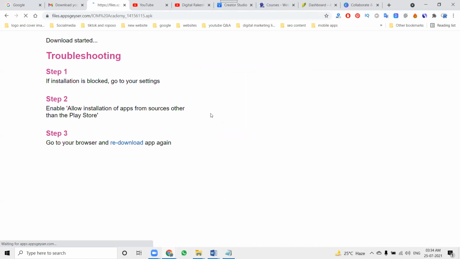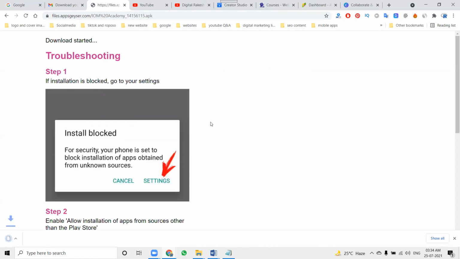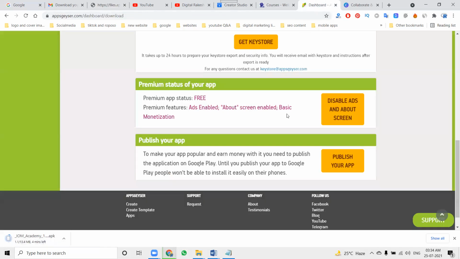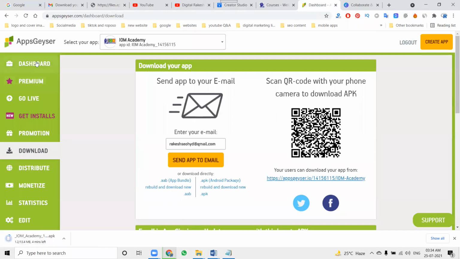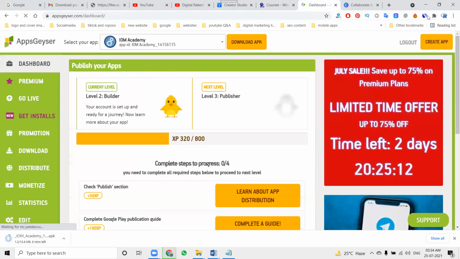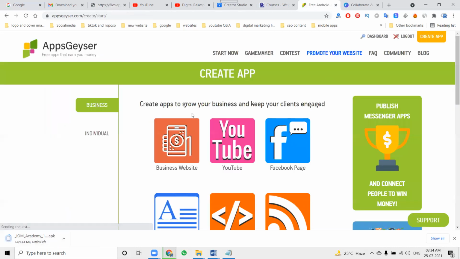I created this app for the users. This is only valid for Android users. We can't create an iOS app through this AppsGeyser website. You can create any number of apps using the dashboard. Just click create app.